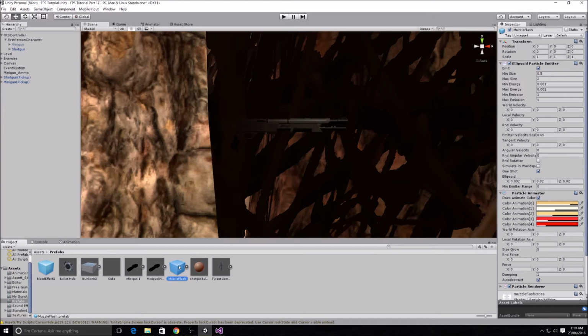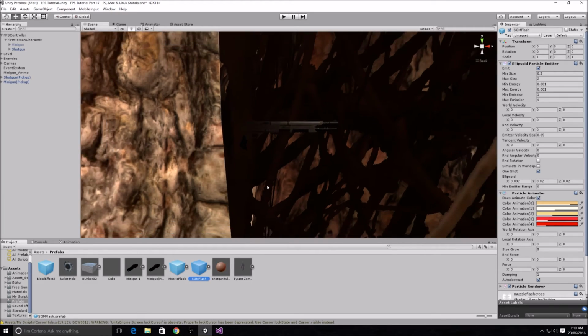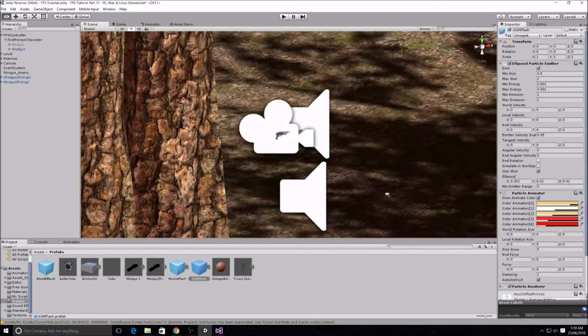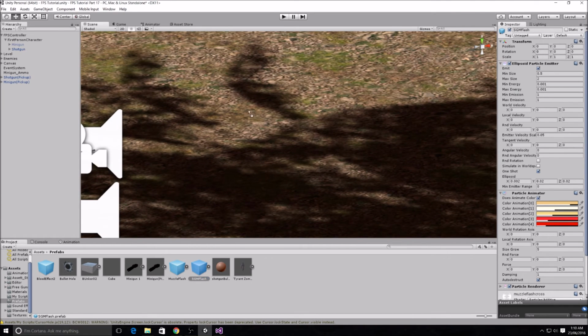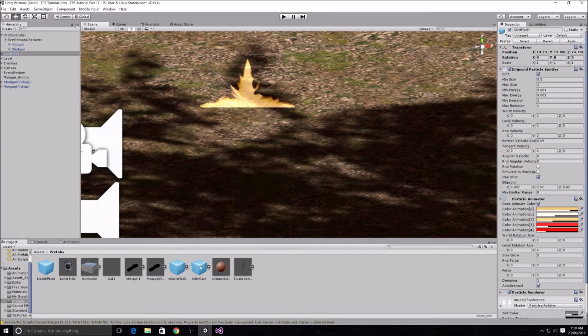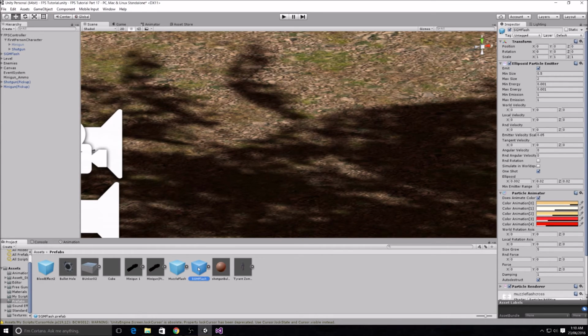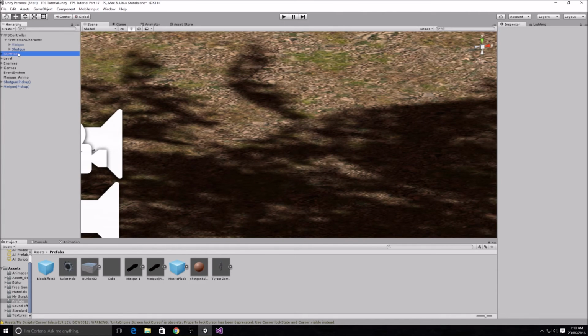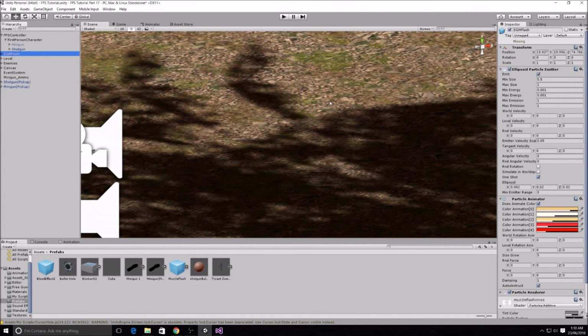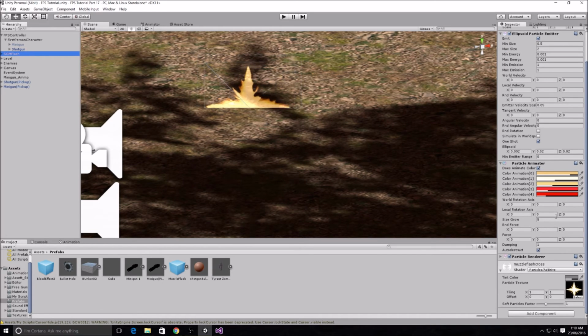So if you come down here to our muzzle flash for our minigun and just Control D, so we make another copy of that and change this to SG for shotgun, M flash. Be fine. And I'm just going to see if I can drag it into our screen so we can have a look at it. And I'll delete this one here. So this is the old muzzle flash, and what I'm going to do is